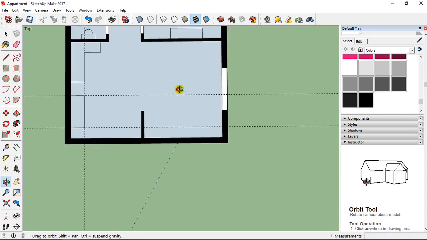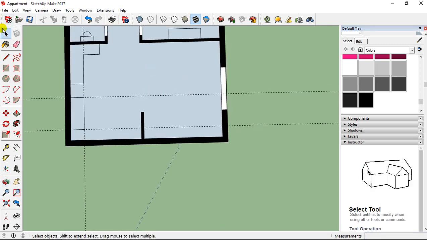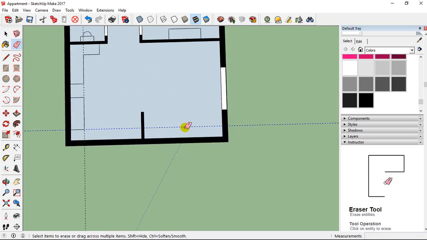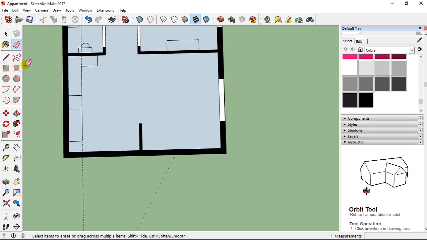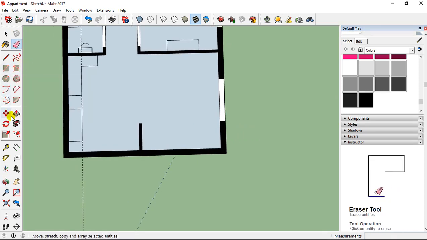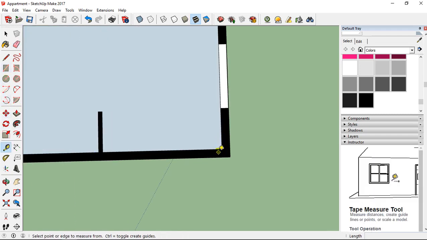Then we are going to work on the living room. So inside the living room, I would like to add here a furniture for the TV first. So I take here in the middle, I would like to add a guide in the middle.